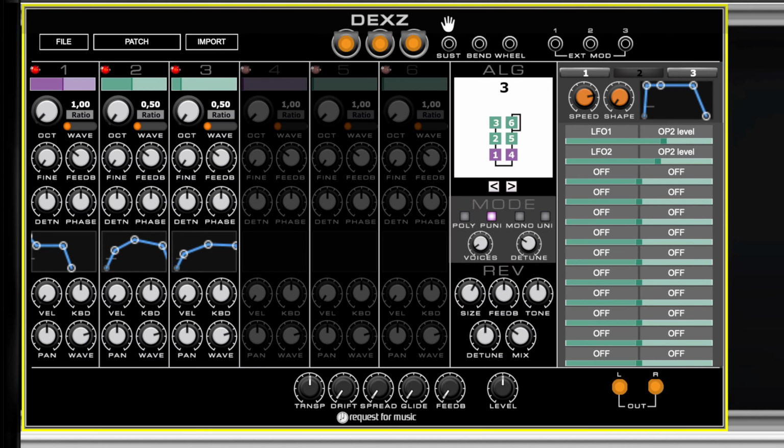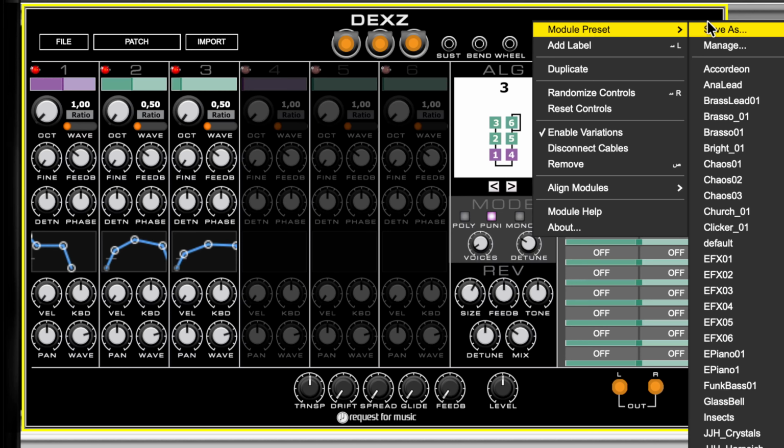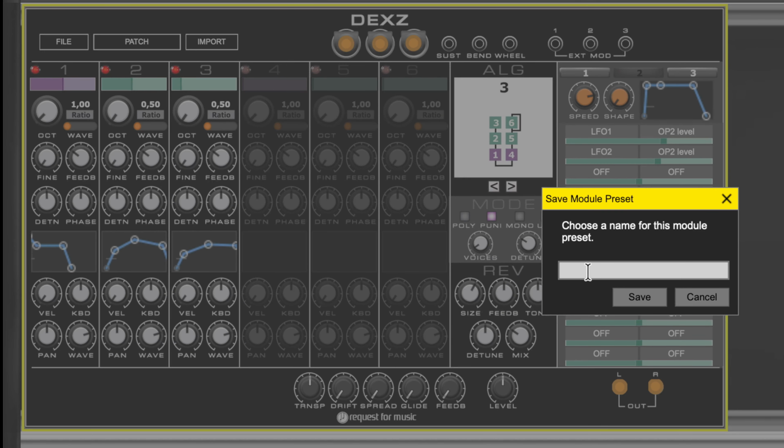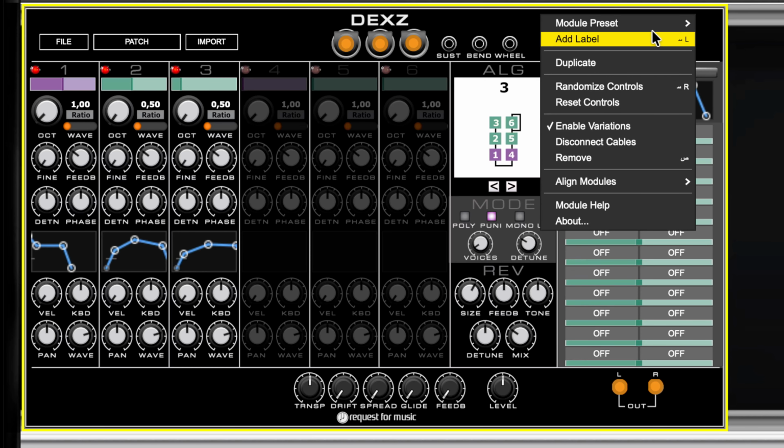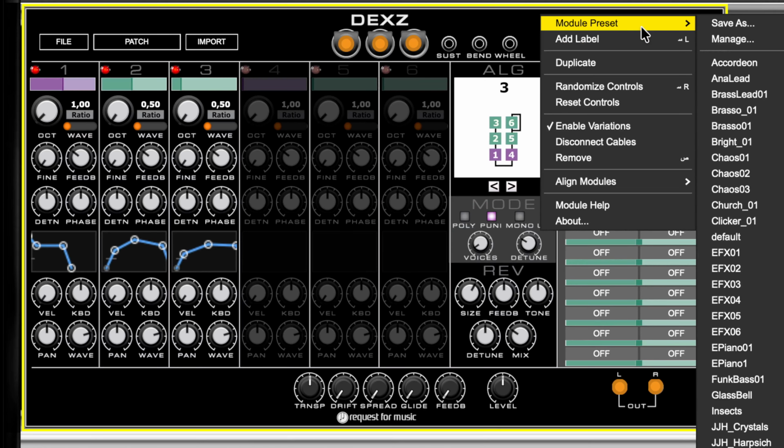So yeah, like that. So I'm going to save that, save it as a preset. JH poly filter, mod filter, something like that. I'll save this. Actually, it gets into my preset module presets, and if you have my link to my